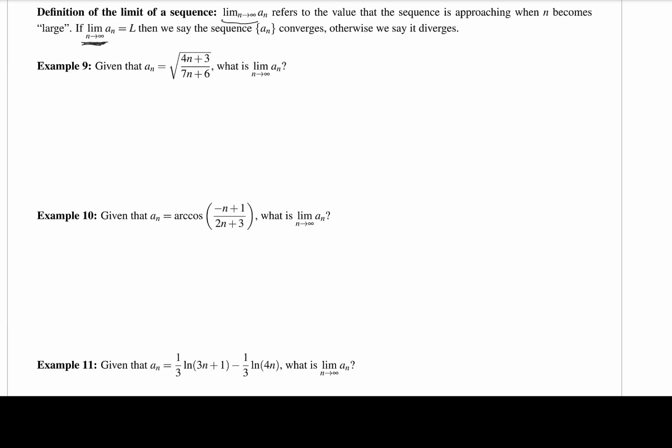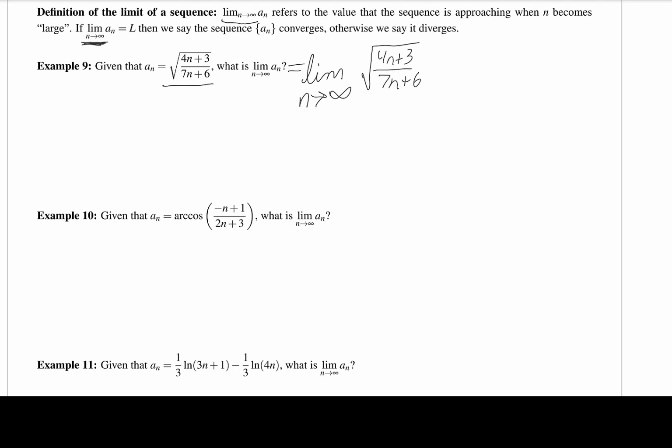Okay, so now let's see, how do we evaluate something like that? Well, if I am given this sequence, a sub n, and its formula, then if I want to take the limit as n goes to infinity, all I'm doing is calculating the limit as n goes to infinity, and then just plug in the formula for a sub n. So this would be limit n goes to infinity of the square root of